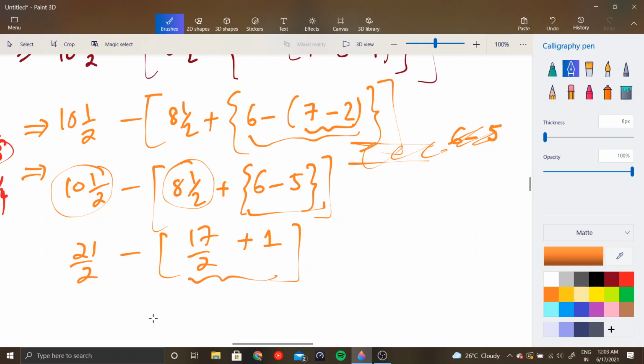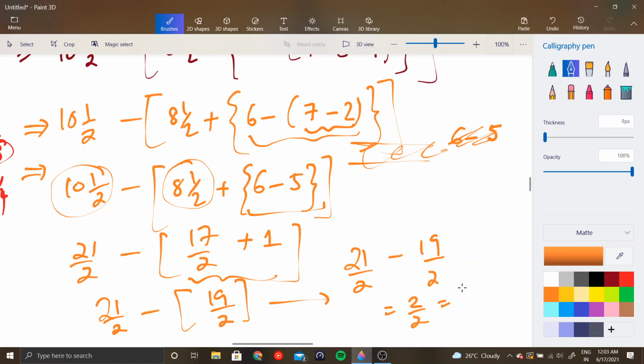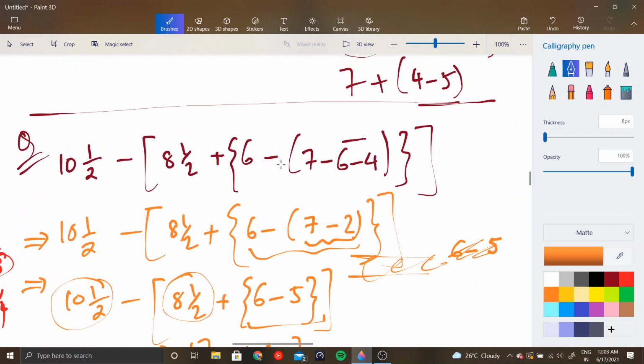So now do this computation. This is basically 19 by 2, right? So now the question is reduced to 21 minus 2 by 19 minus 2. This is 2 by 2, and you have 1. So you see that this is fairly simple if you know BODMAS and the associativity rule, which operations to do first. You start off with this operation, then this operation, then this entire operation, then this operation. This is how you solve any question.